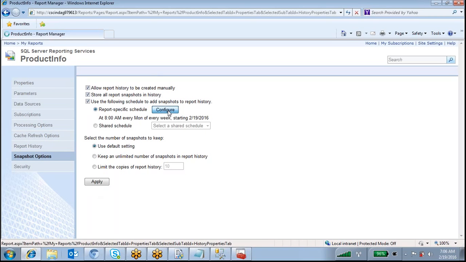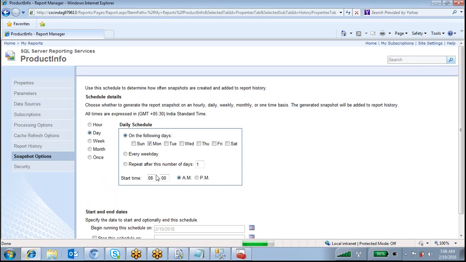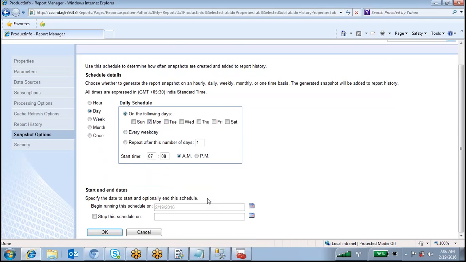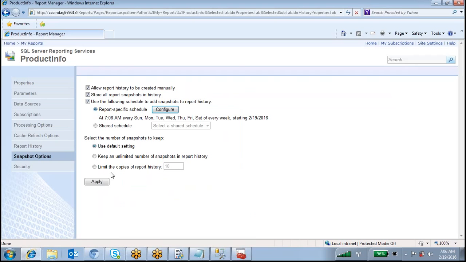For example, if I make it 7:08 a.m., then daily at this time it will run and keep it in the report history. You can track it.